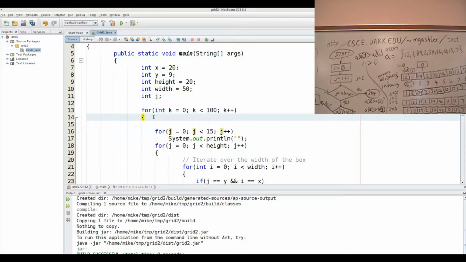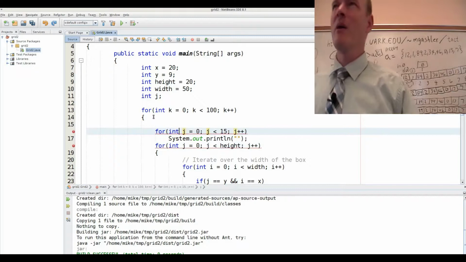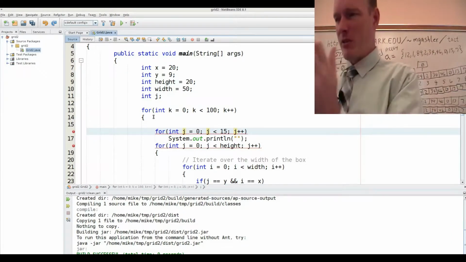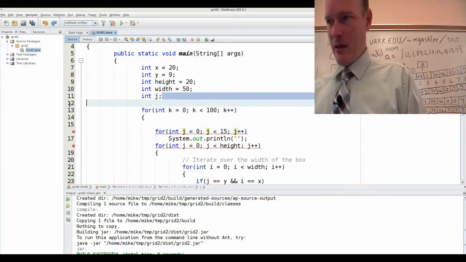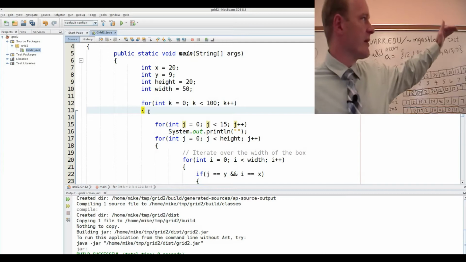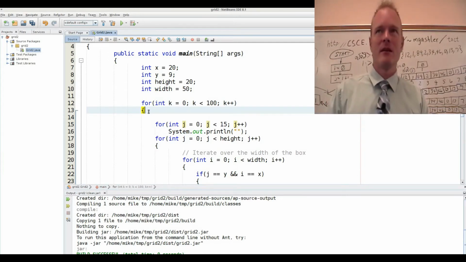You only put int on it when you declare. That's correct. When you say int, you're saying make a brand new variable, make one that I've never seen before. And that variable will last from where it's declared to the end of the brace that preceded it. That's how the scoping